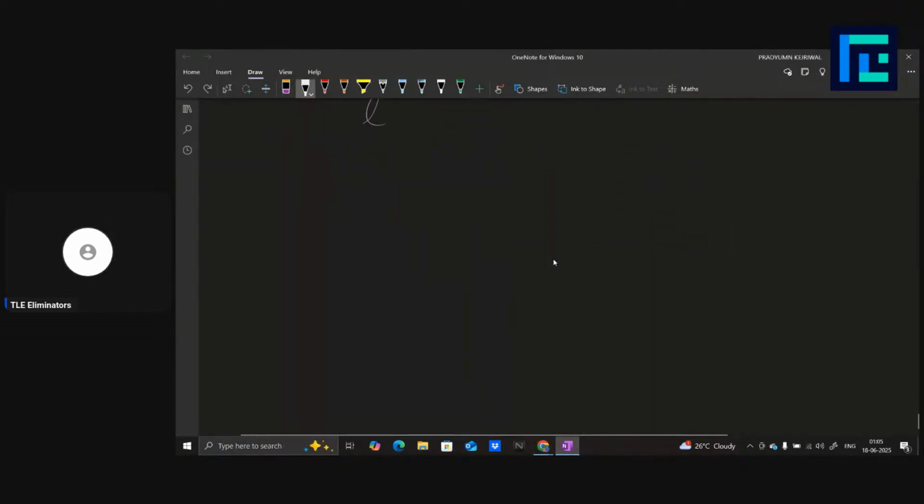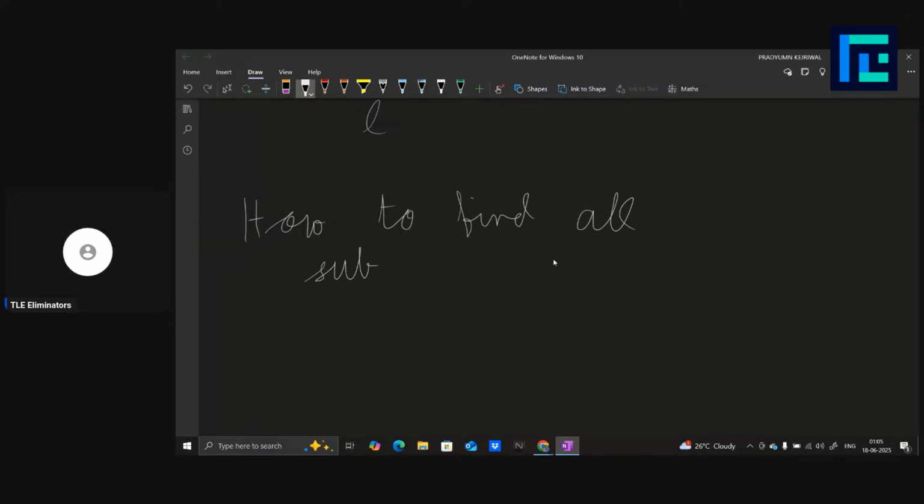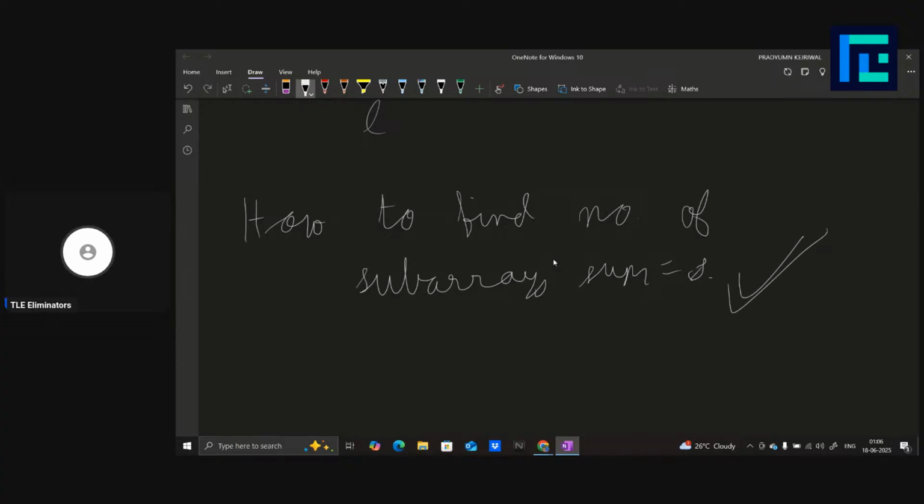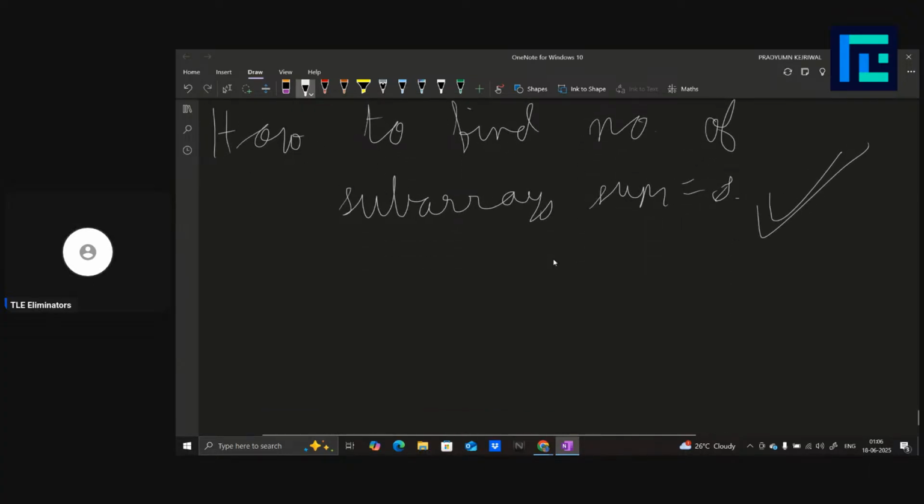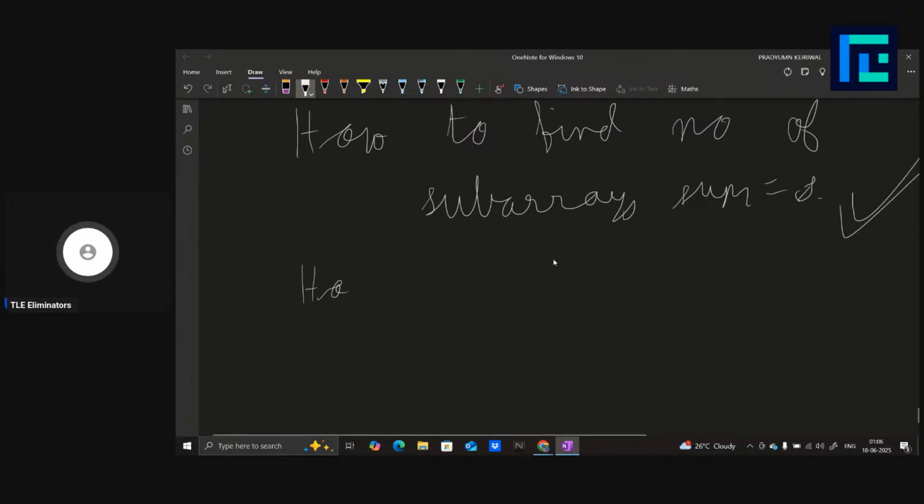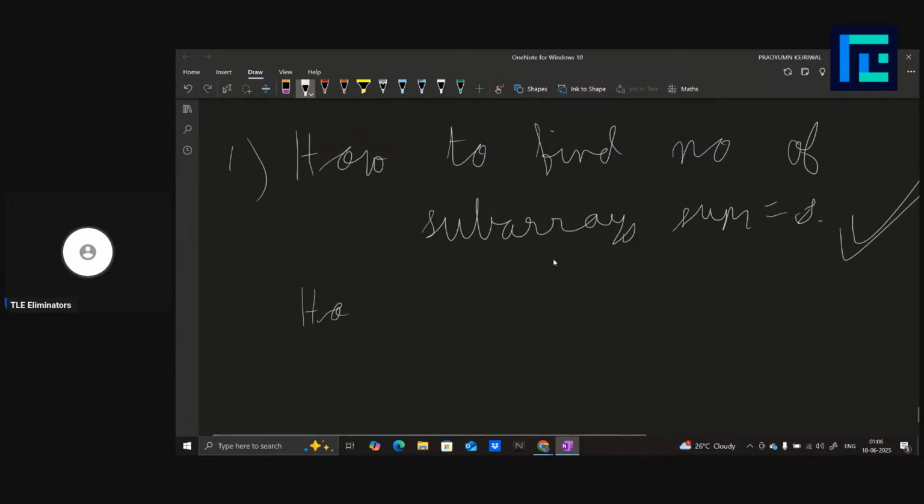So now we know how to find the number of subarrays with sum equal to s. Okay, this is done. Now one more question. This was question 1. This is question 2. How to find